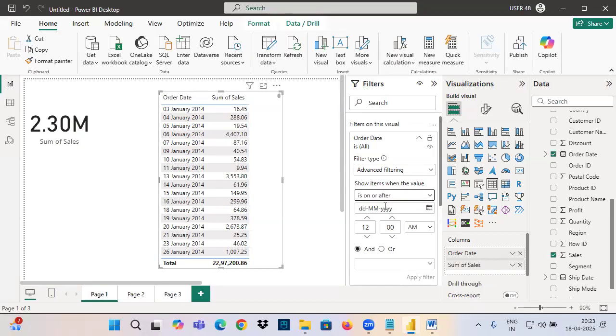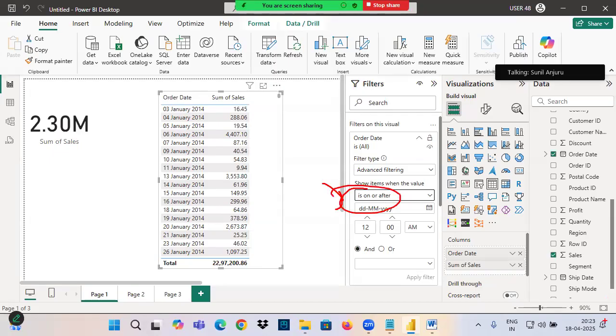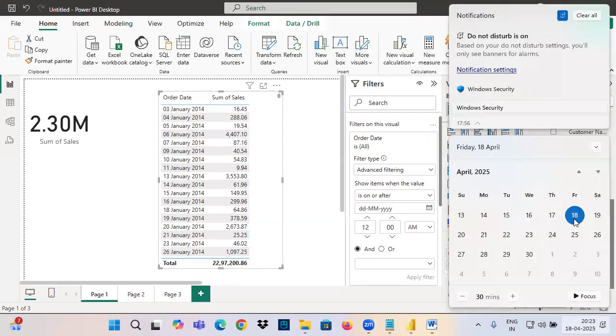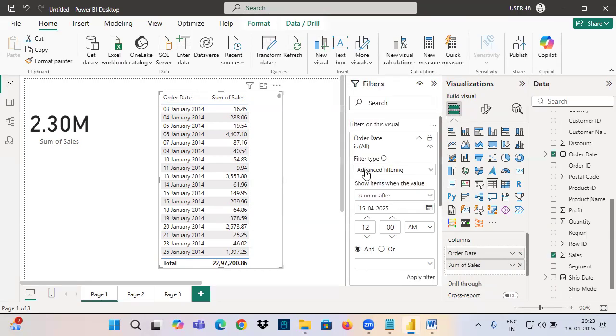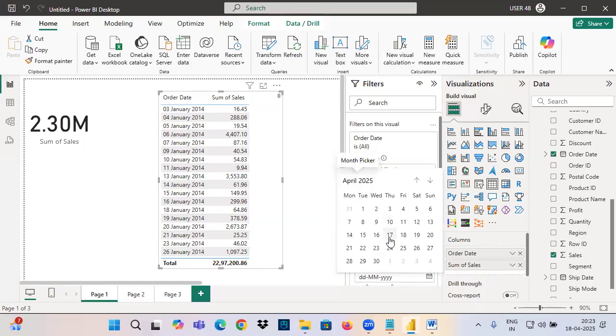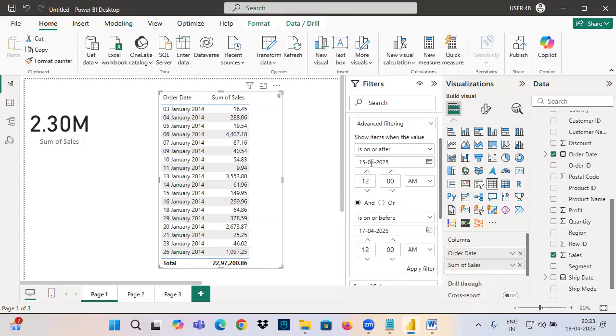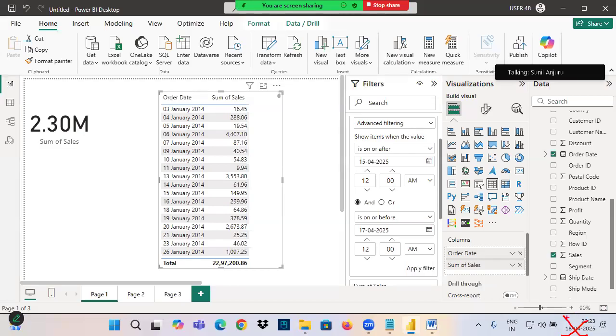You can select and write it, but it's a static condition. This condition will not change based on the system date. Let's say when I write on or after the last 3 days, what is the date today? 18th, right? Last 3 days means 15th April, and on or before, you can pass today's 17. So it will show the last 3 days data. Leave today aside, last 3 days from yesterday. So what are the last 3 days? 15, 16, 17. When I select on or after this date and on or before this date, and choose and,